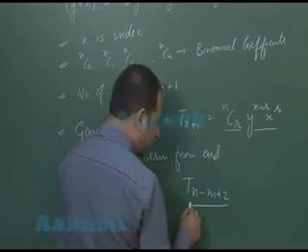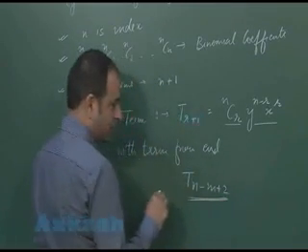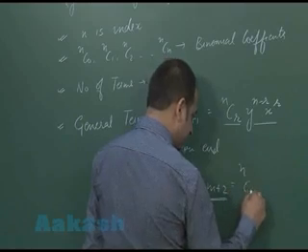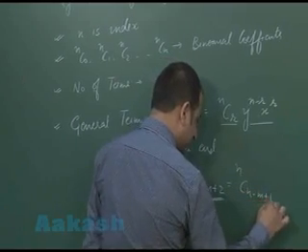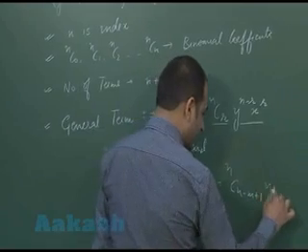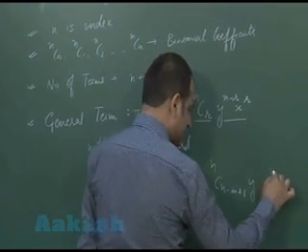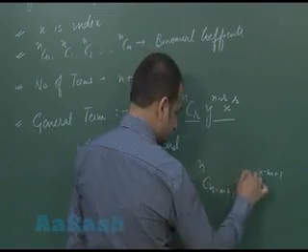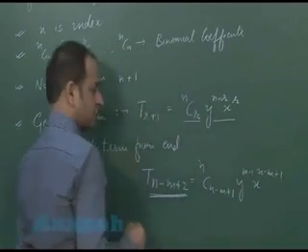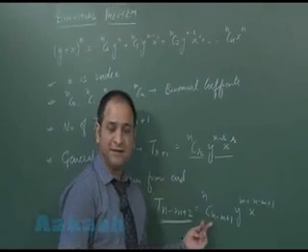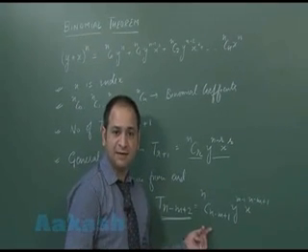यानी कि यही टर्म अगर हम बिगनिंग से निकाल लेंगे, और बिगनिंग से निकालने के लिए आप जानते हो इसको हम लिखेंगे nC(n minus m plus 1), and similarly we'll be going for the power of x and y. So this is the mth term फ्रॉम द एंड. ये mth टर्म एंड से आएगी हमारे पास.